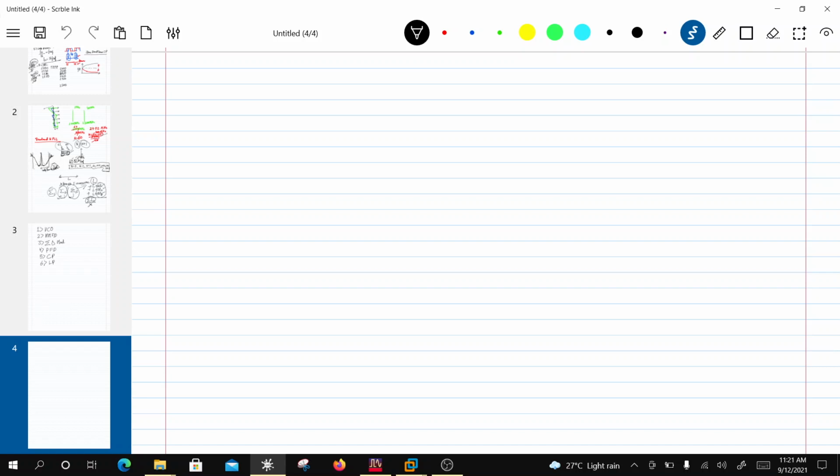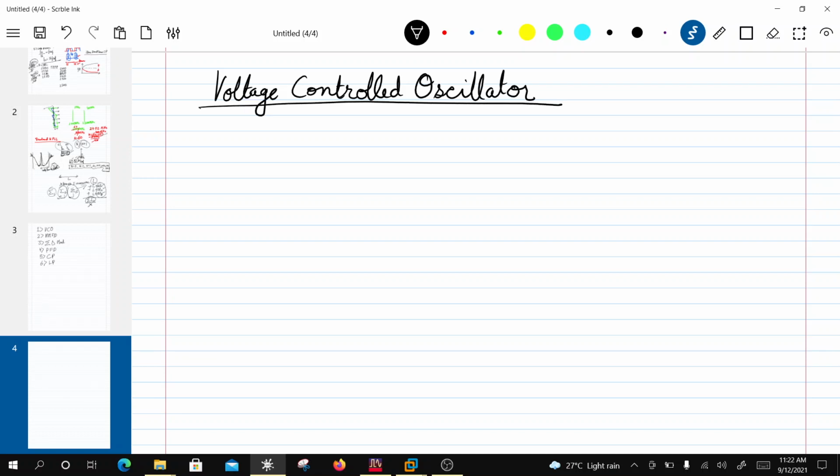So now the first circuit which we are going to pick up is a voltage controlled oscillator. Okay, so there has to be a control voltage which will control this oscillator frequency, right? Now the basic principle is as follows: there is a tank circuit or an anti-resonance circuit of this form,